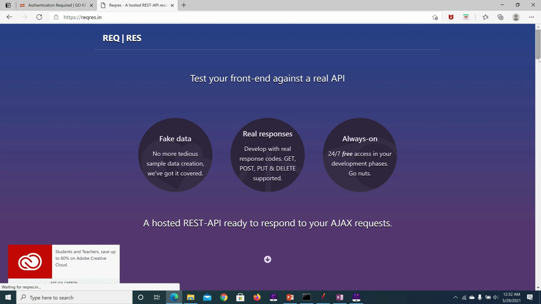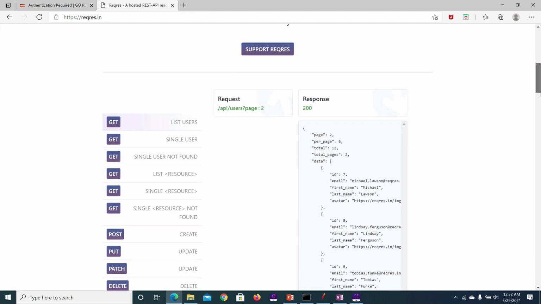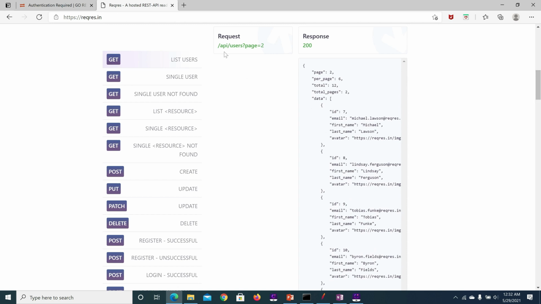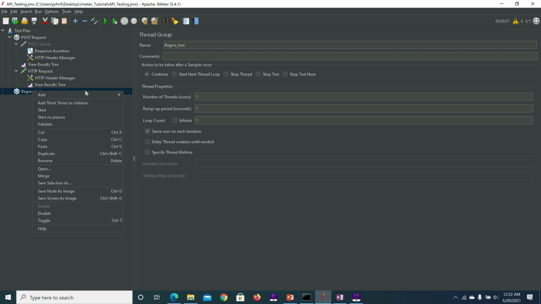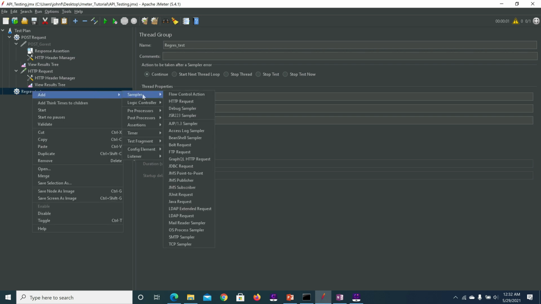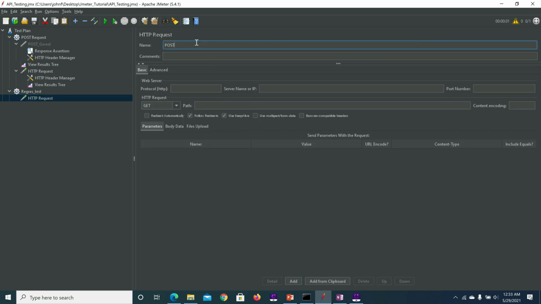If you scroll down, you can see the APIs here. Get API, put, post, patch, delete. So you can use this website for testing purposes. I'm going to create a request, sampler HTTP request. We already have seen post, so let me start with put.